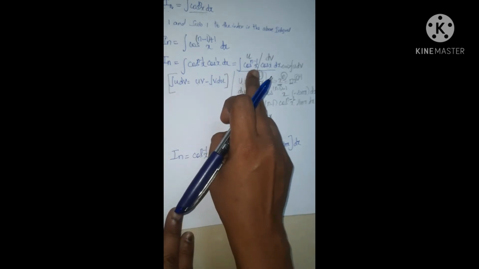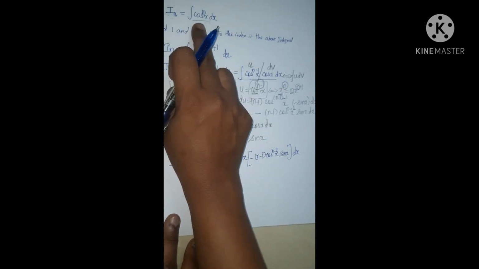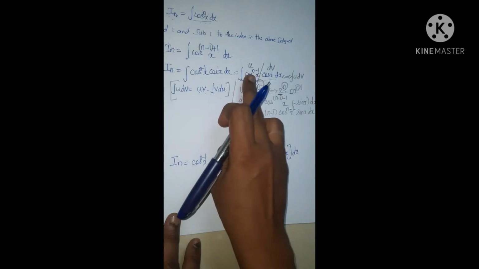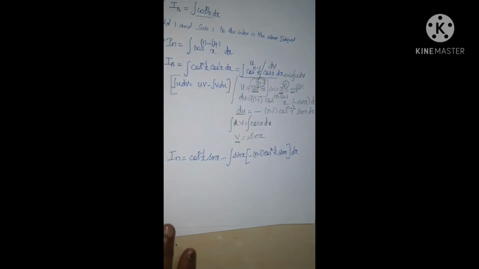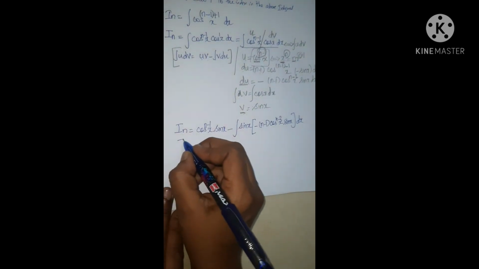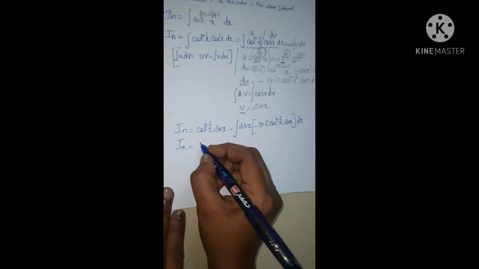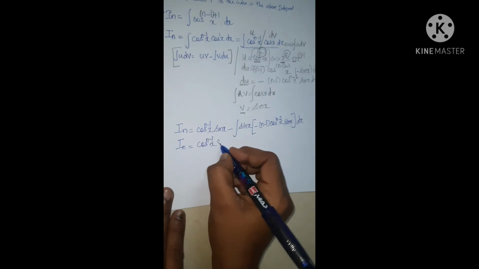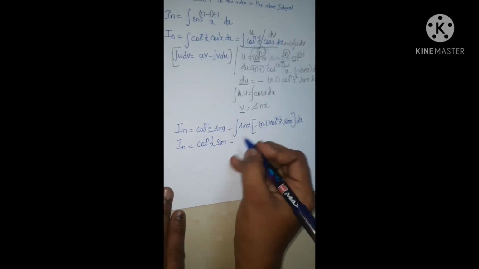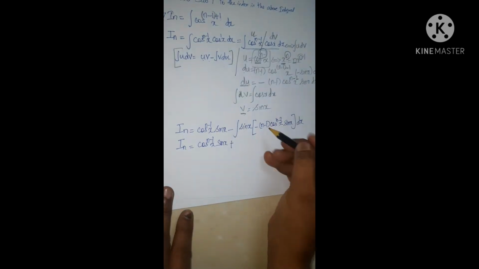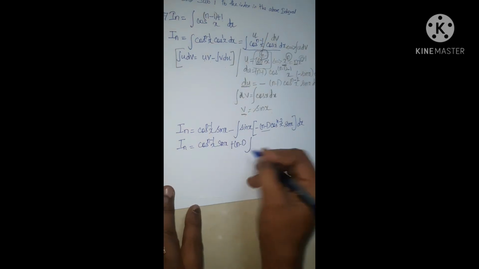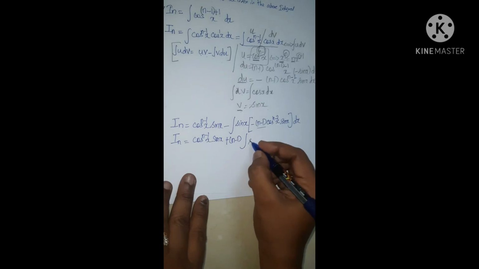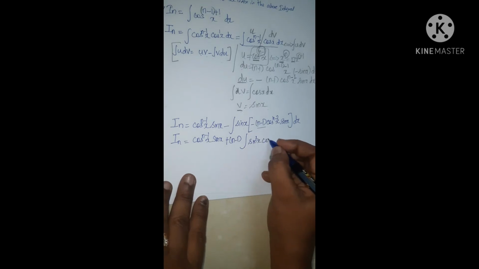In the previous step we split our original function, cos^n x, into two parts such that one of the functions is u and the other is dv. Now let me simplify. This will give us I_n = cos^(n-1)x sin x, minus into minus becomes plus, (n-1). n-1 is a constant. Whenever we have a constant inside the integral, we must bring it outside the integral. Sin into sin will be sin^2 x cos^(n-2)x dx.